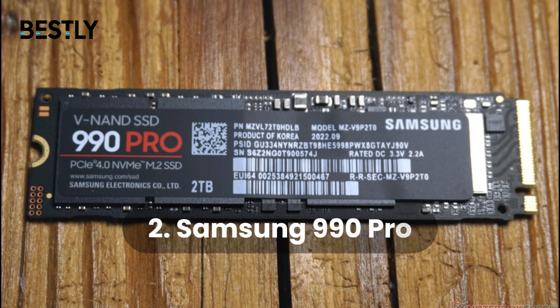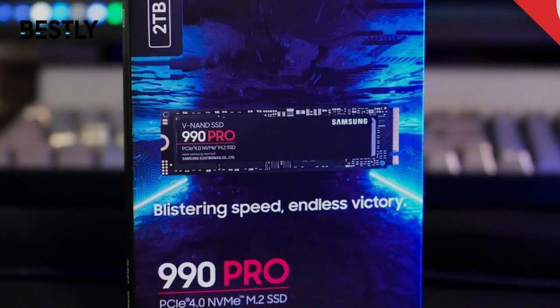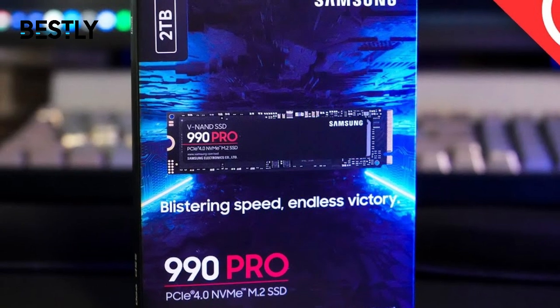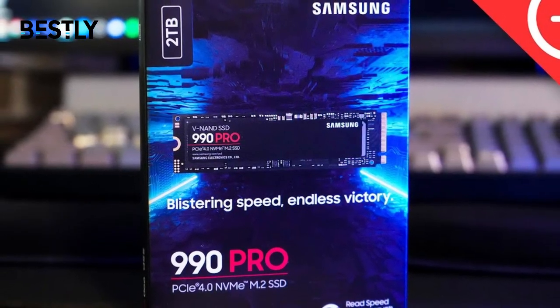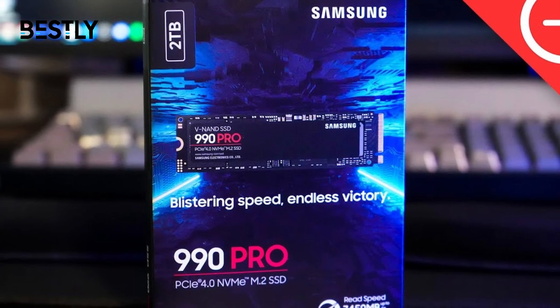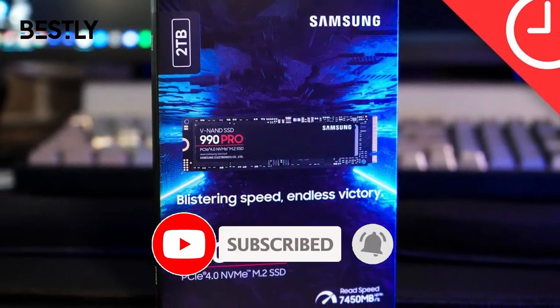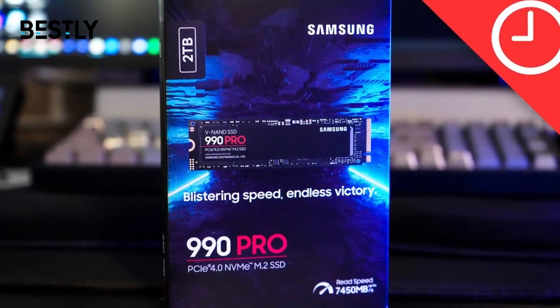Number 2. Samsung 990 Pro. Samsung hit back at its competitors with this impressive update to the 980 Pro. New hardware and new options, including a heatsink with RGB and a 4 TB variant, have allowed Samsung to retake the M.2 SSD crown. Performance is excellent across the board, setting a few new performance records, such as with 4K